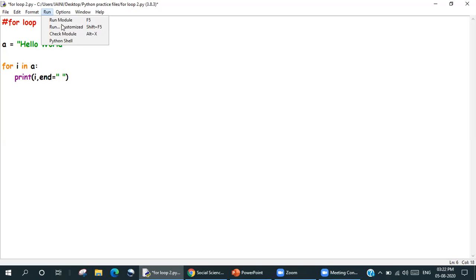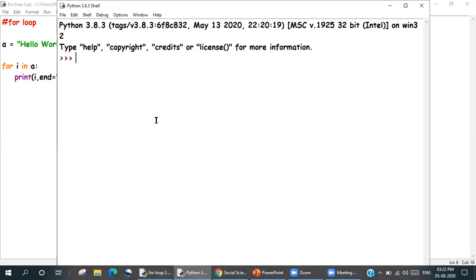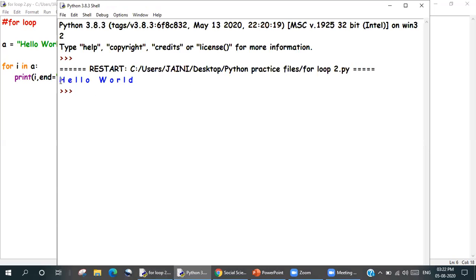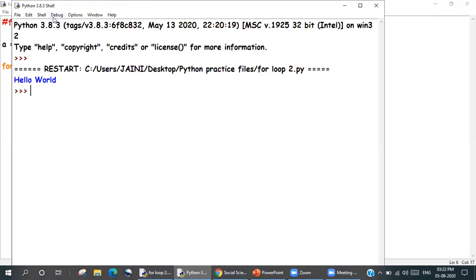Then I'm just going to run it. I'm going to get it in one line. But I want hello here, and then world I want below it. So my challenge: I want world in the line below it.